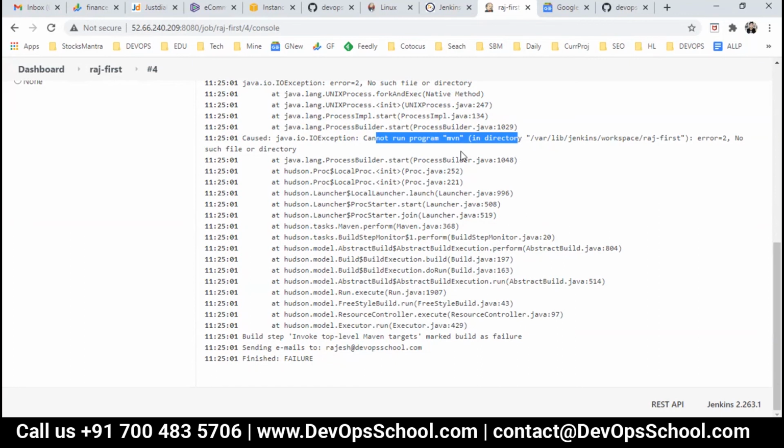So basically what I'm trying to remind you by showing you this error: even if you set it in the global tool configuration, it will not pick up here.